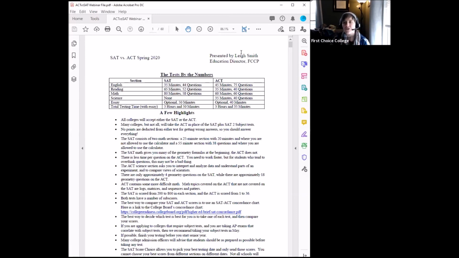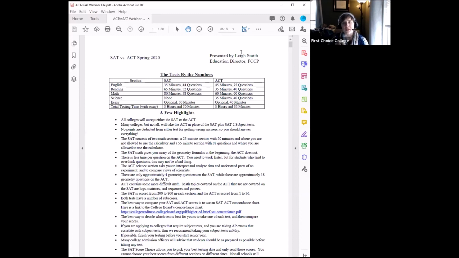But in general, for my students, unless they come into it knowing that they struggle with slow reading comprehension and that it's a specific struggle for them, so they're always the last kid to finish reading something in class, that type of thing, most of them find that they have plenty of time to complete the reading section if they have a good strategy for it. We talk to them about splitting passages into sections and coming up with an efficient approach. As long as they are doing it efficiently, so they're not reading the passage over and over again, I find students have plenty of time to complete the reading section.